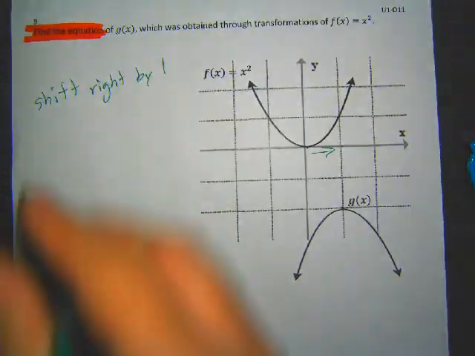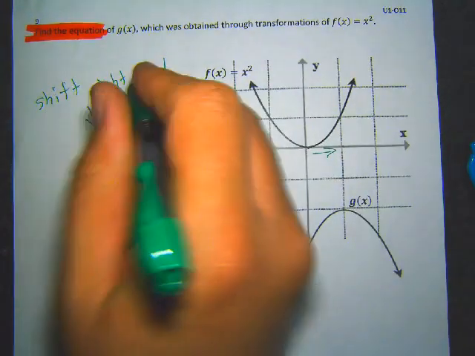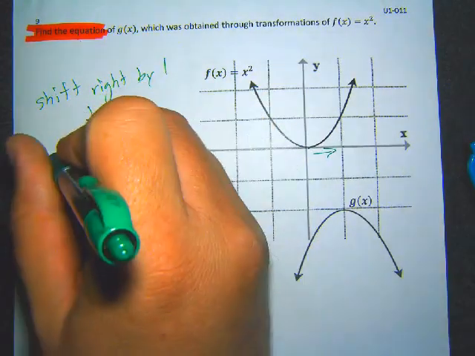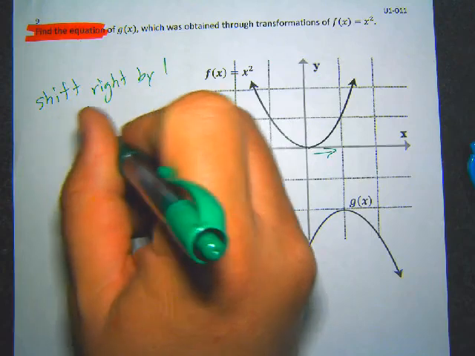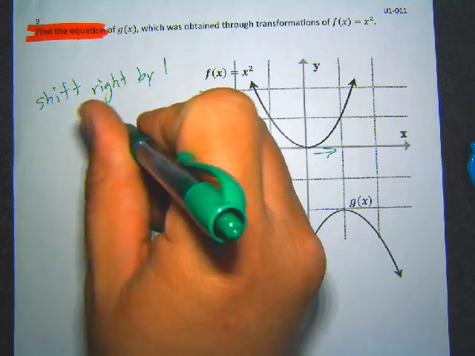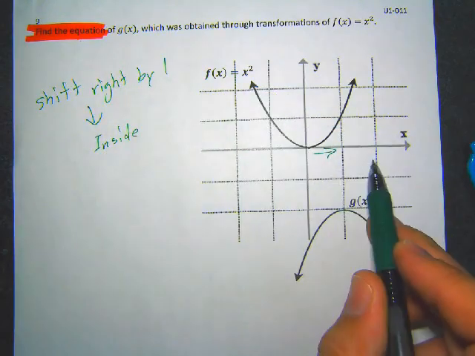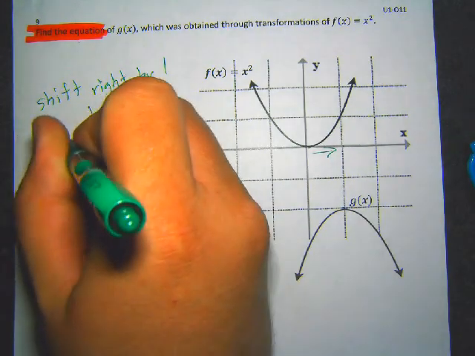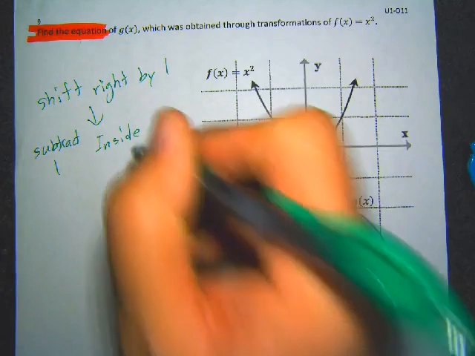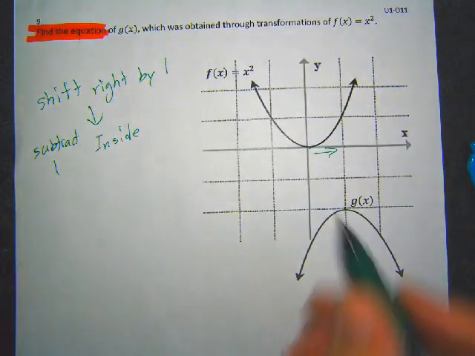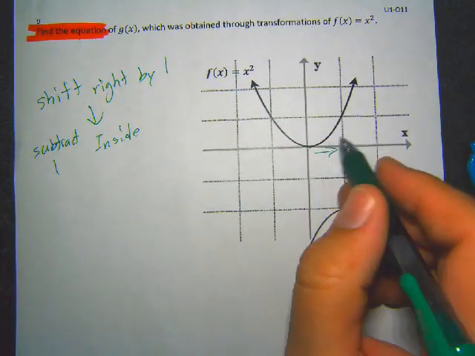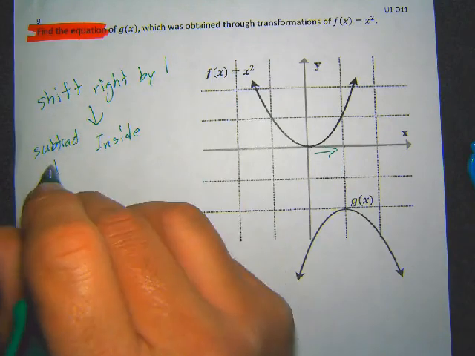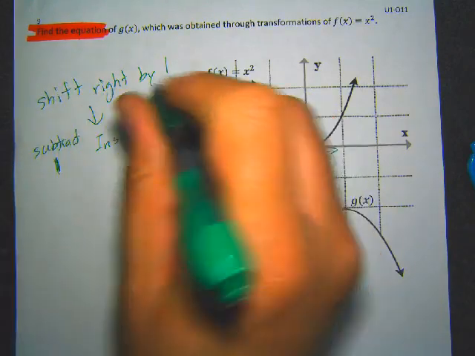Well, what do you do to shift it right by 1? To shift it right by 1, remember that's going to be a horizontal shift, so that's going to be an inside thing, right? So this is inside. And to make it go to the right, we have to subtract 1 inside. Doing that will make it go to the right one. So that's how we do the first thing. So we're going to have to put some kind of subtract 1 on the inside,